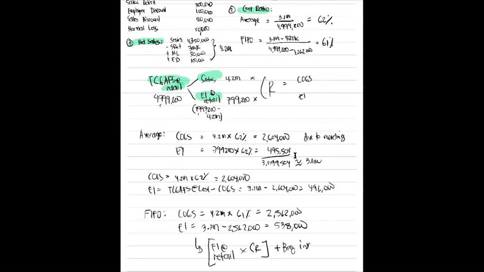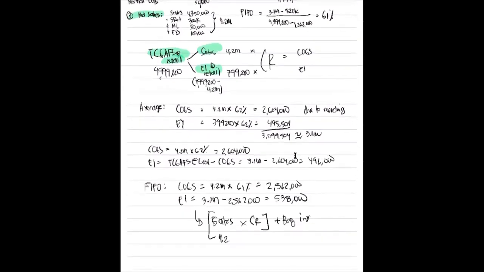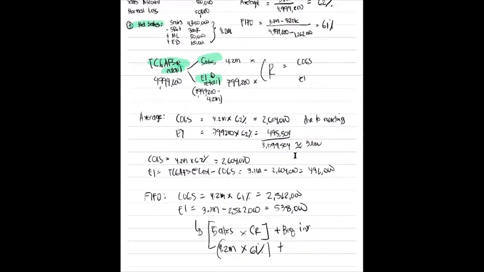Kasi hindi na natin mahahati yon. So ang gagawin natin is yung sales multiplied by your cost ratio plus beginning inventory. So our sales amounted to 4.2 million multiplied by cost ratio of 61% plus beginning inventory. Our beginning inventory is 820,000. So how much? So 4.2 million